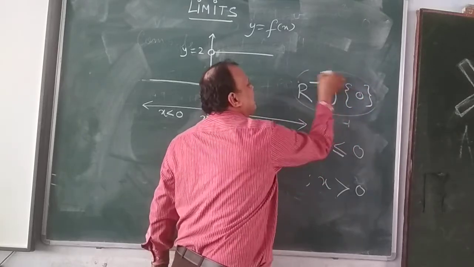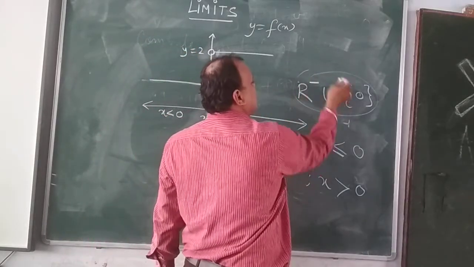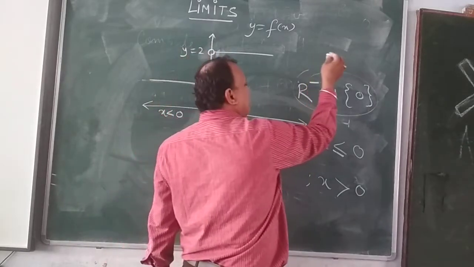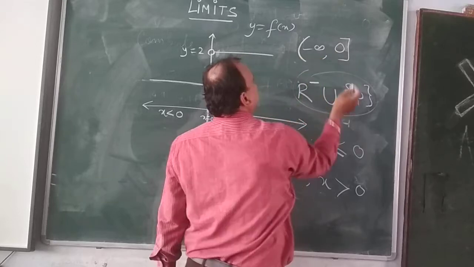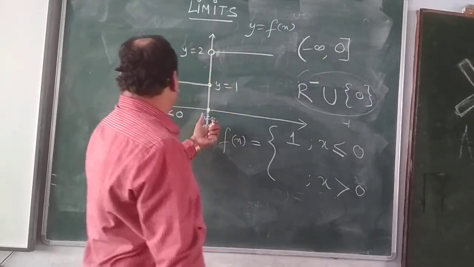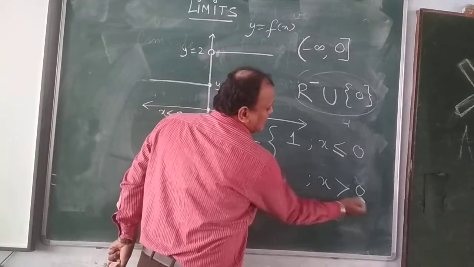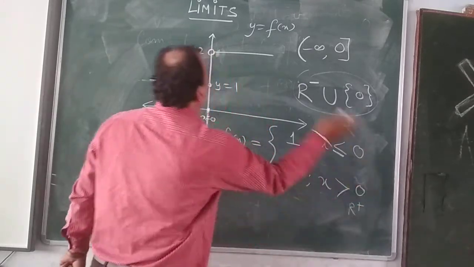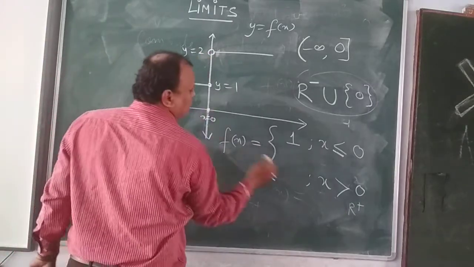But this entire thing does not include the positive real numbers. So I can say that this set is the non-positive real numbers, or with the help of set notation, the half-closed interval minus infinity comma 0, this particular part of the x-axis. Number 9. At x greater than 0, meaning positive real numbers, for all positive real numbers we have the function f of x is equal to what?